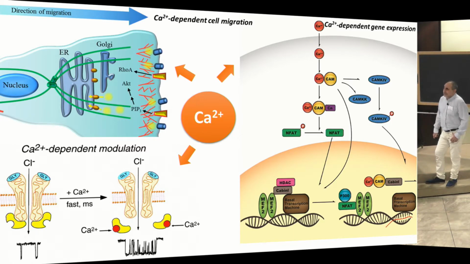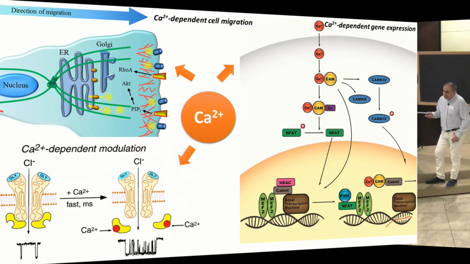For example, BK channels have been mentioned in this meeting, and they are a good example of being dependent on voltage, but also on the presence of calcium. In this case, it's a chloride channel, but it doesn't matter. Almost every channel in some way can be calcium dependent. So isn't it strange for you? To me, it is quite strange.